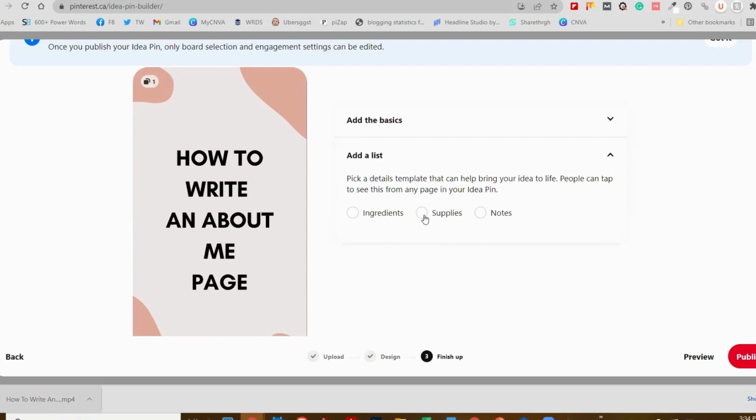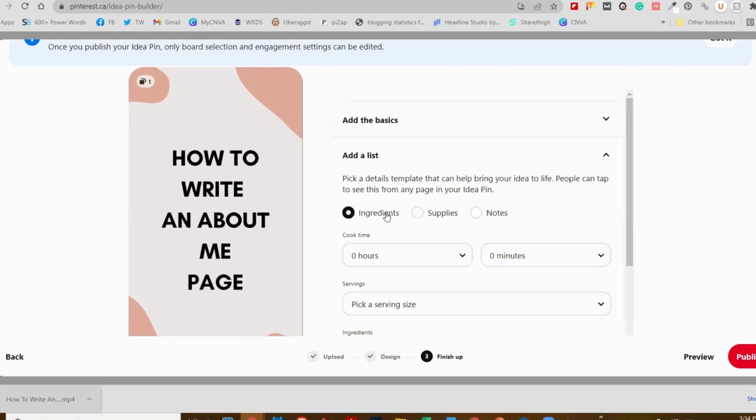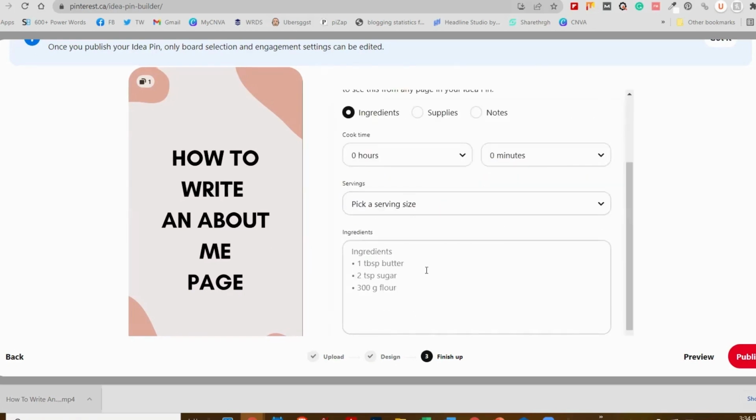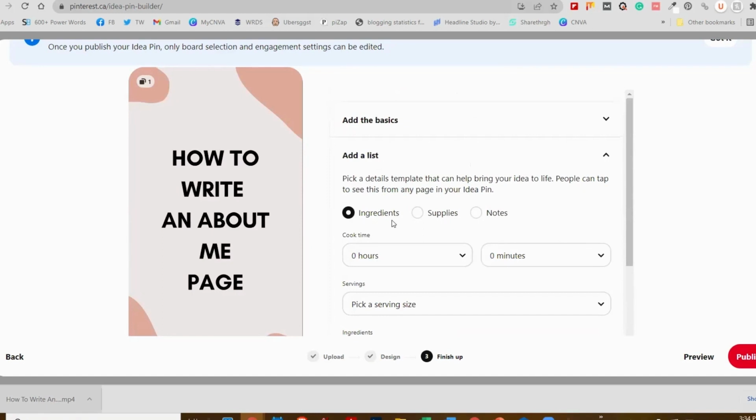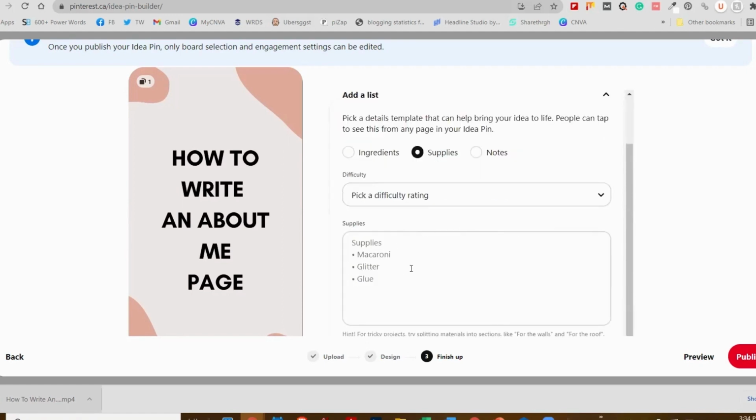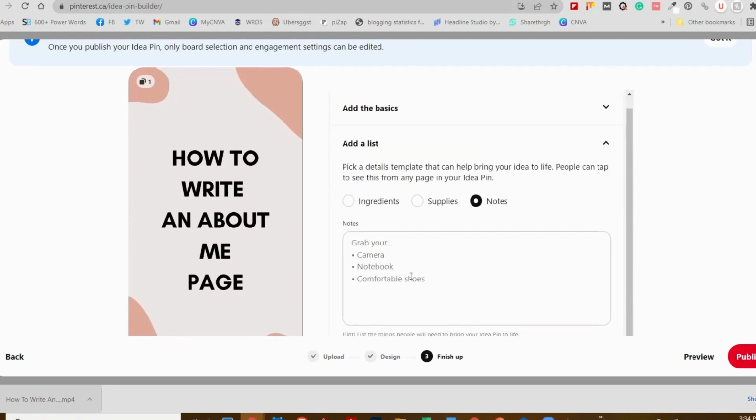So in this case, I don't really need anything, but for example, if this was a food idea pin, let's say for ingredients that you'd need, you could add those here. You could add cook time. This is very, very useful for people who have food and drink related content. For example, if you've got supplies, if you're doing some DIY crafting, or in this case, notes,